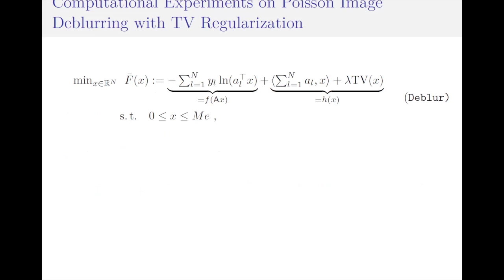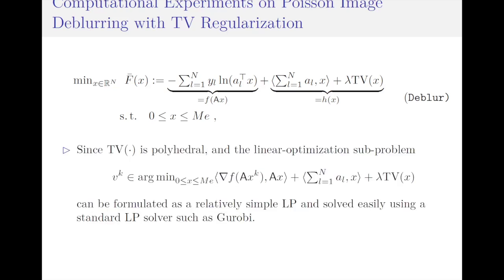As I mentioned just now, here the first term is the differentiable part, which is the sum of those minus logs, and the second part is the TV function. We notice that this TV function is actually polyhedral, because it is a sum of all these absolute differences between adjacent pixels. So naturally, it is a polyhedral function. And to solve this subproblem, which is shown here, it is a relatively simple LP because this subproblem can